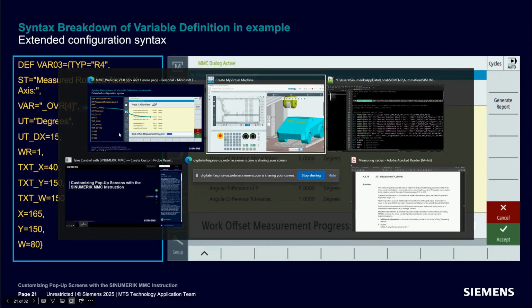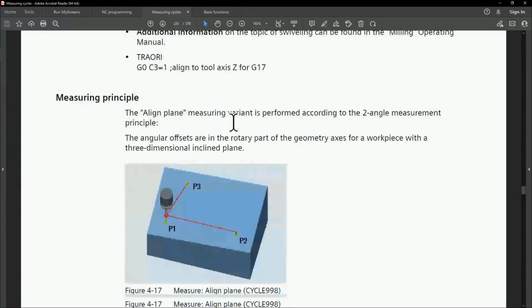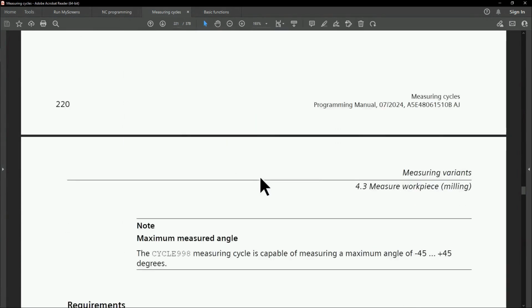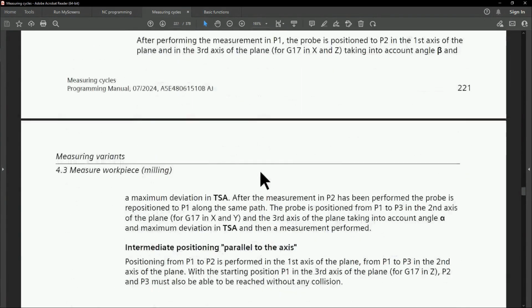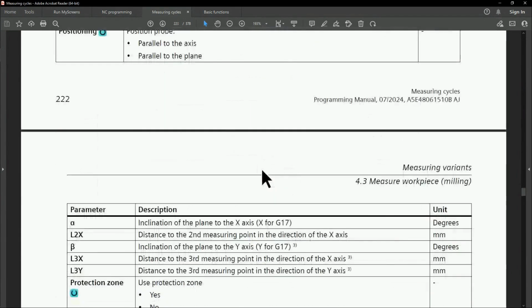If I go over to my measurement cycles manual, you can see this is the actual cycle that was called. This is our 3D aligned plane cycle. And if you scroll down, you'll see the measuring principle. So these were the actual points that we measured. But if you scroll down even further, what you're going to see is that we actually have a